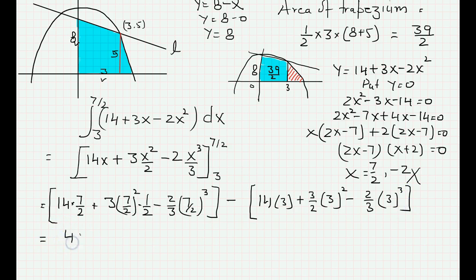So that is 49 plus, this will be 2 multiplied by 2 is 4, that is a square, so it will not be 4. 2 squared is 4 times 2 is 8, 7 times 7 is 49, times 3 is 147, minus 2 cubed is 8, we cancel by 2, that is 4, 4 times 3 is 12, and 7 cubed is 49 times 3 is 343,